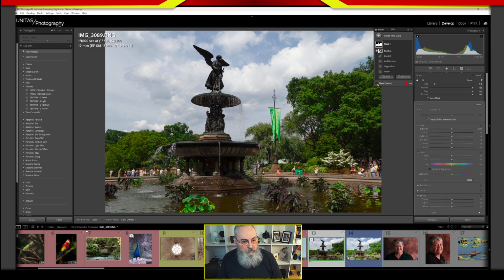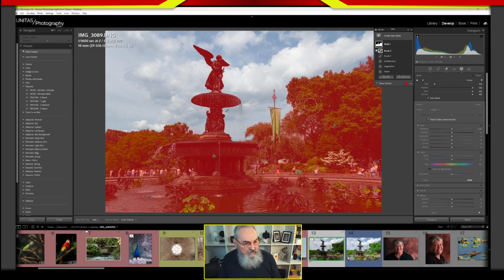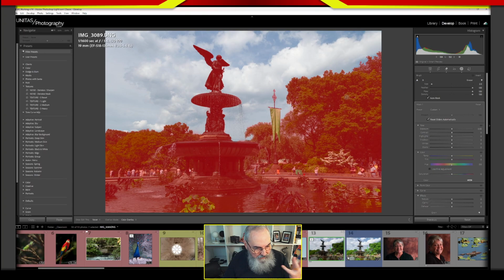But I usually keep it on as I'm building my masks just so I can see exactly where I am in my mask building. Once I have my mask built and I'm happy with it, now I have available to me